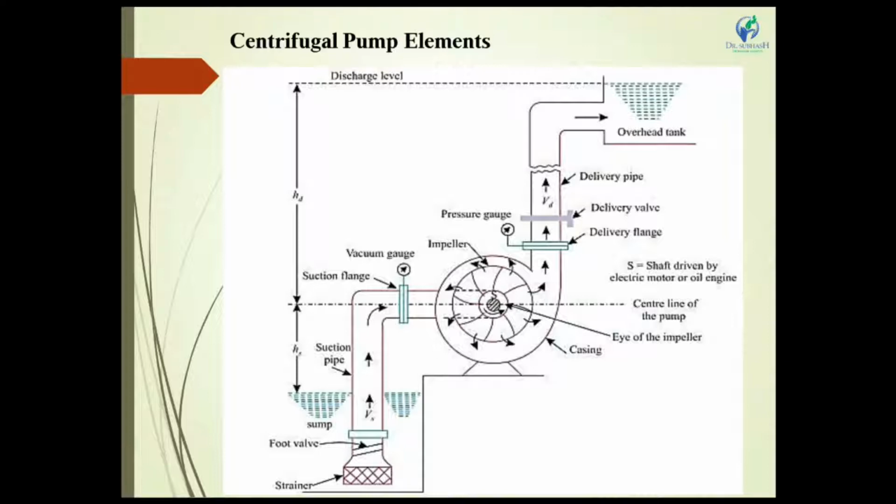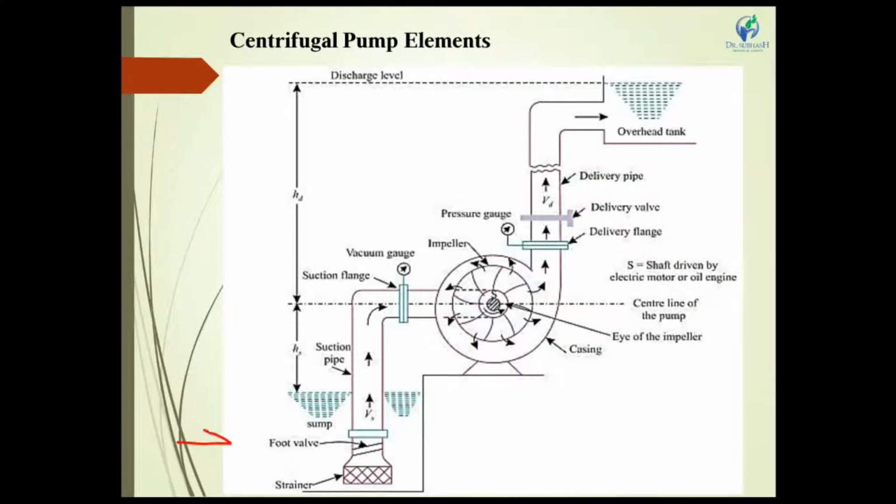First we start from the bottom. This is a strainer. It gives a filtration process for the liquid or water. We consider water as the working fluid, so we can use the word water for the working fluid. When the water passes through the suction line, the first portion is the strainer. A strainer is one type of filter. It removes solid particles and only allows liquid to transfer into the suction pipe.